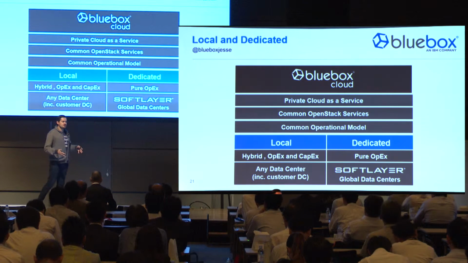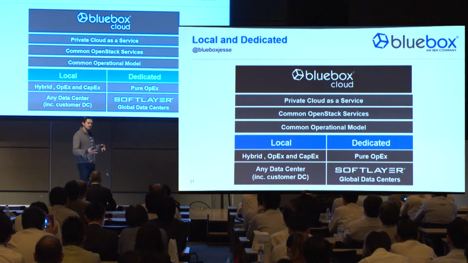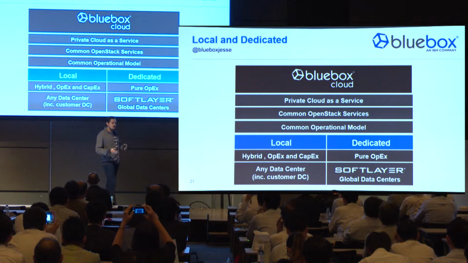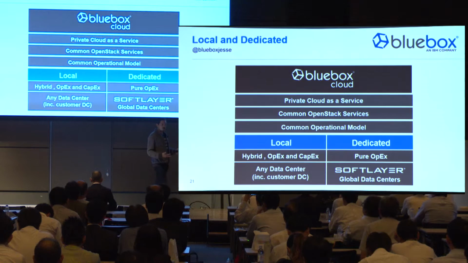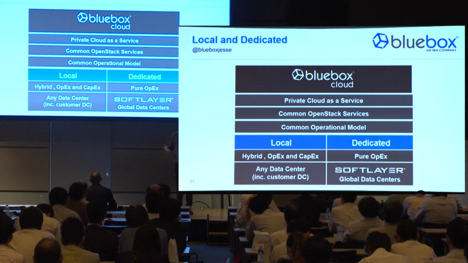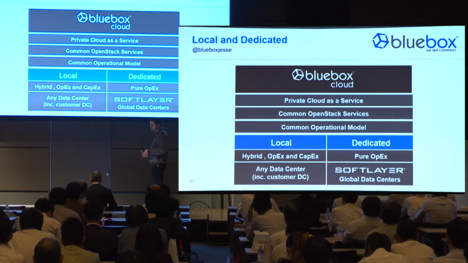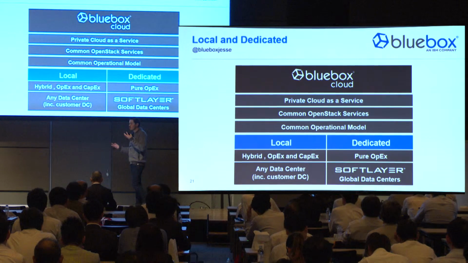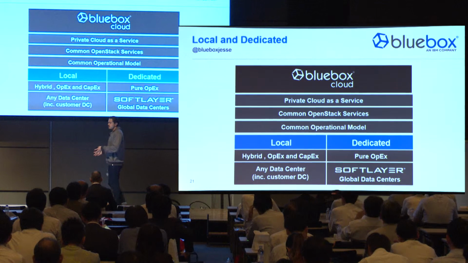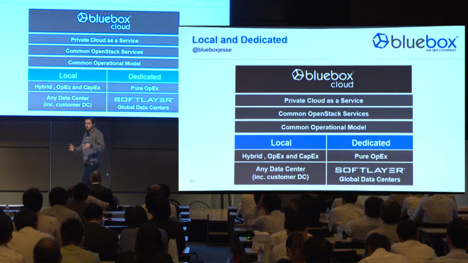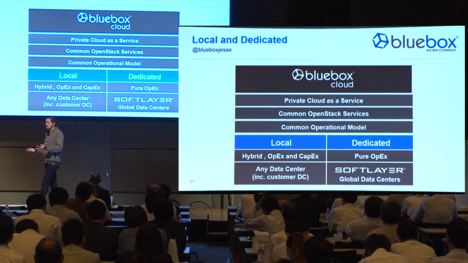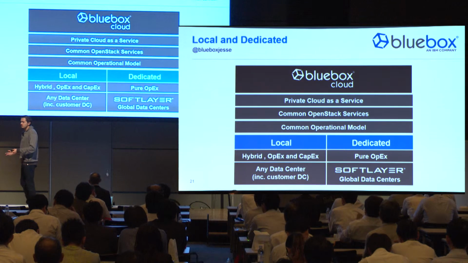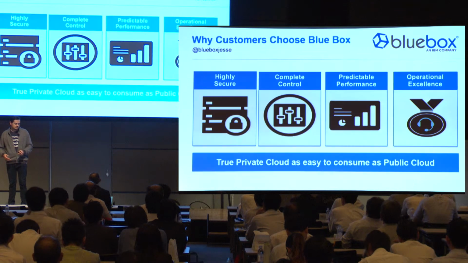Part of the IBM strategy involved not just dedicated, which is a hosted model sitting on SoftLayer, but local. How do we take the same technologies, the same operational practices, and bring those to the customer's premise, sitting in a customer data center? And so the Blue Box offering has both capabilities. The dedicated model sits in SoftLayer. The local model sits in a customer's site. Both provide OpenStack as a service to the customer. Again, I'll go into much more detail on that this afternoon.